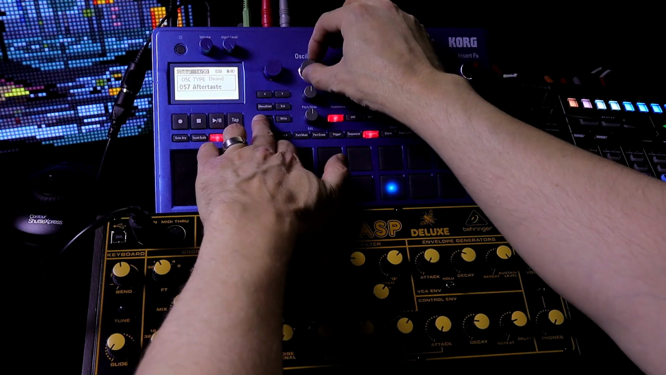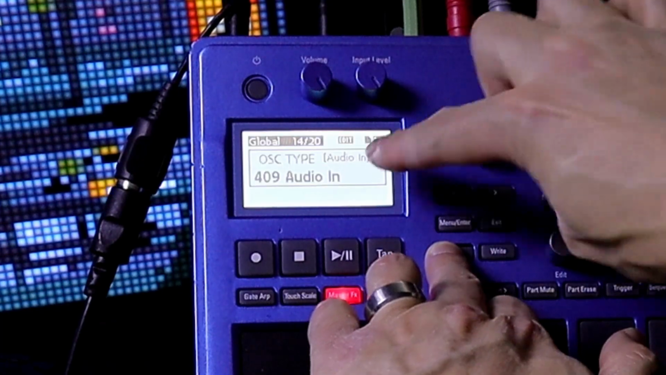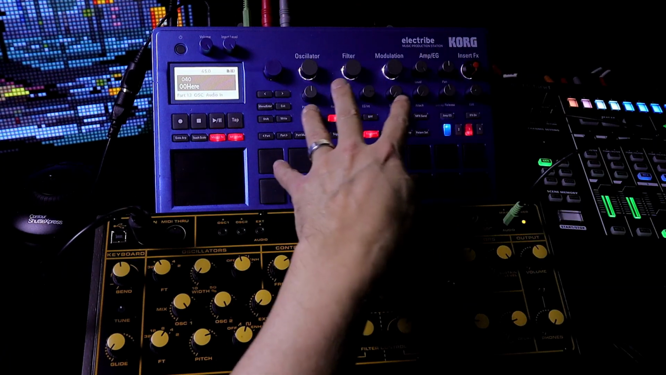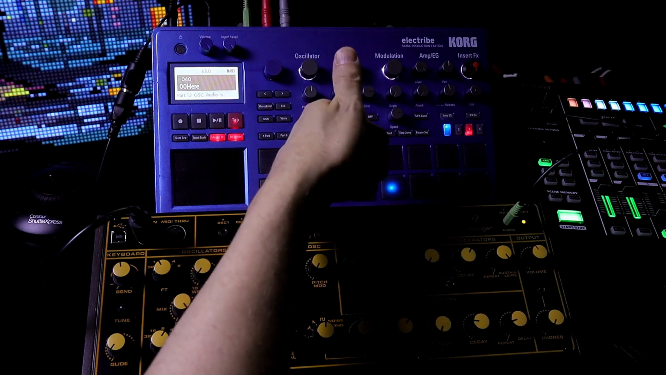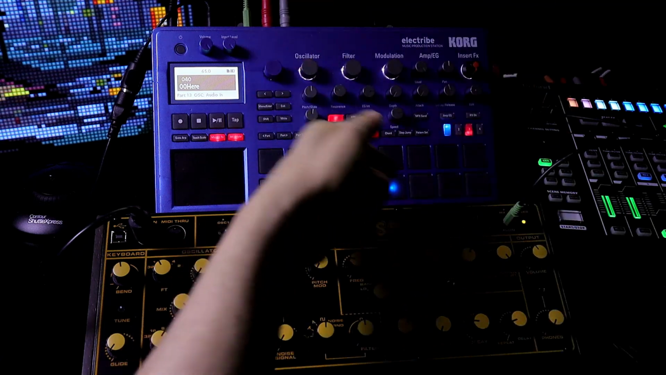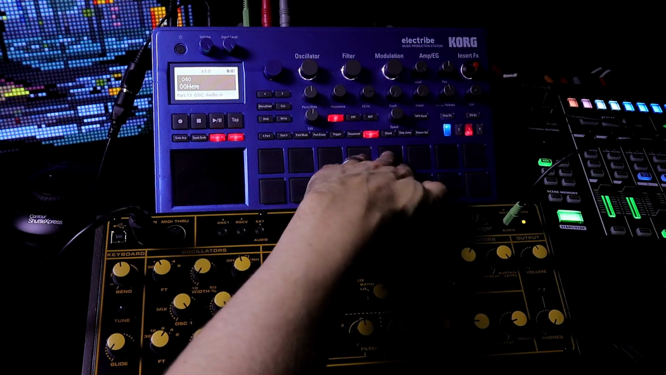Let's hold down shift, turn the oscillator, and we're going to choose audio in. So let's disable audio in through. So in this case, I'm combining using track 13, which will send the MIDI to channel 13, and also it's going to trigger the audio input. So now if I press a key,